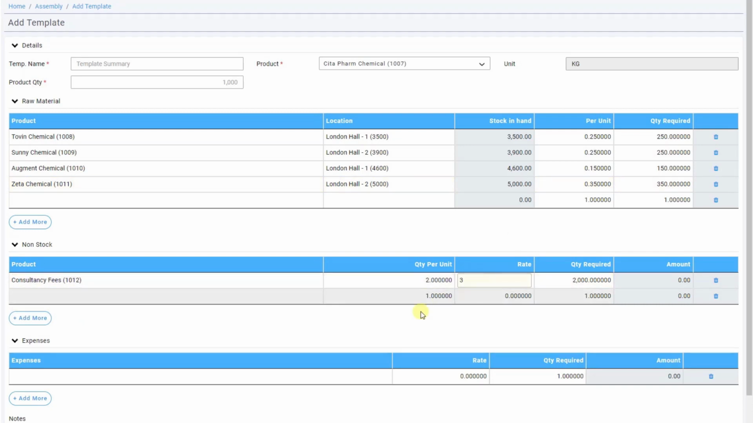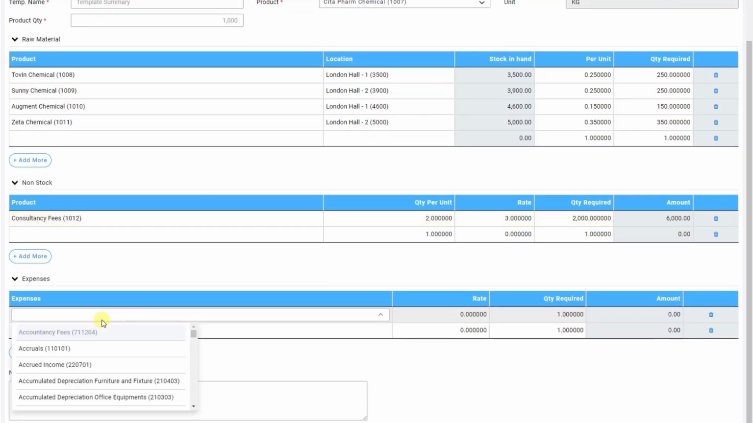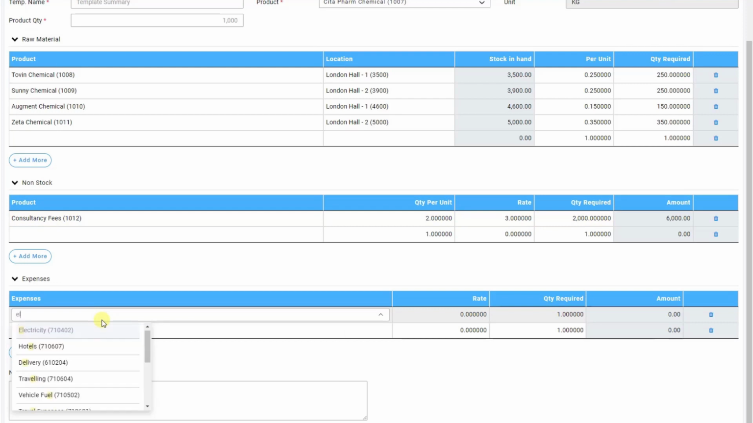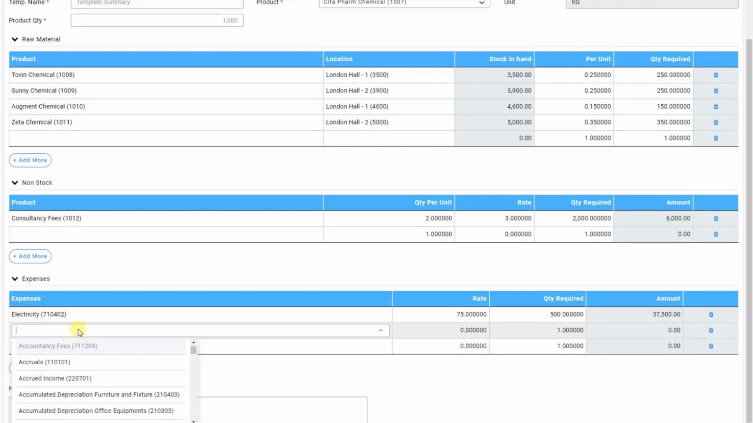are utilized. Select any expenses incurred during manufacturing, such as labor costs or electricity. Enter the rate and quantity of each expense. Add any necessary notes. After providing all details,